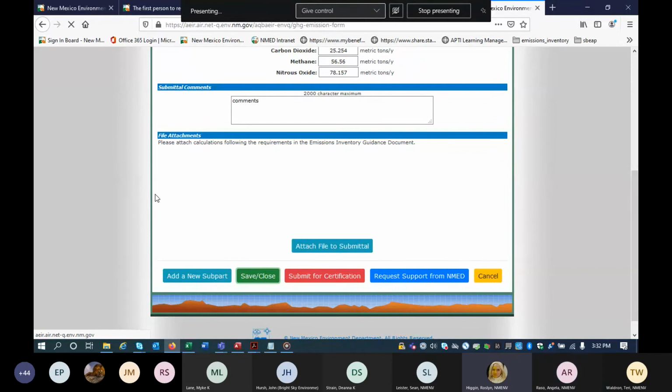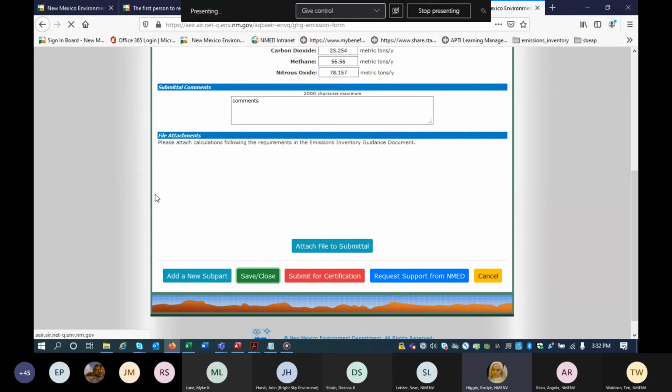The answer is yes, primarily. But we are very hopeful that other companies who are not reporting to EPA do report their greenhouse gases.